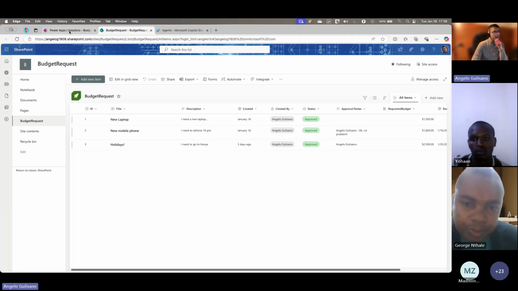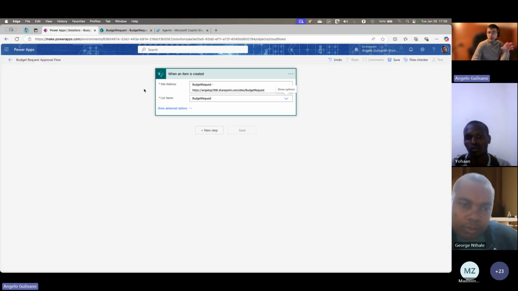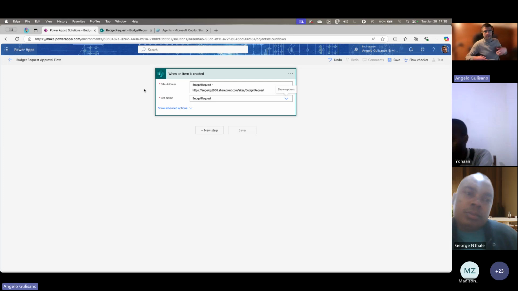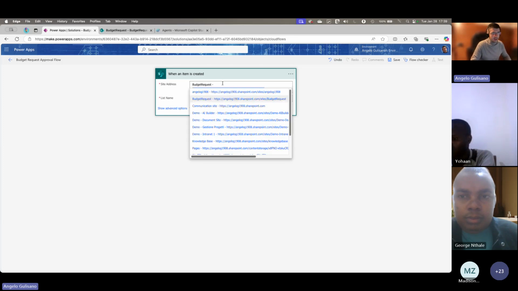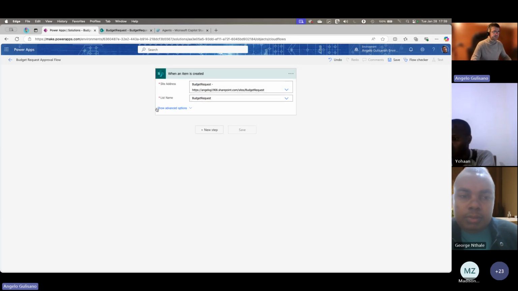In a real case scenario, you should use an environment variable to do that, because if you want to deploy your solution to the customer, you usually don't modify your solution in the customer's production environment. So instead of the site address, you should use an environment variable. In this case, it's okay because it's a demo or dev environment.